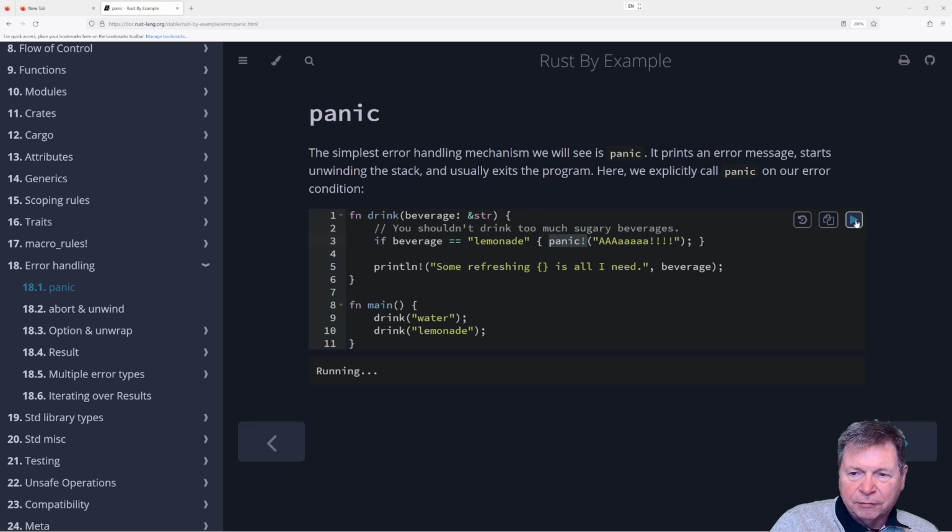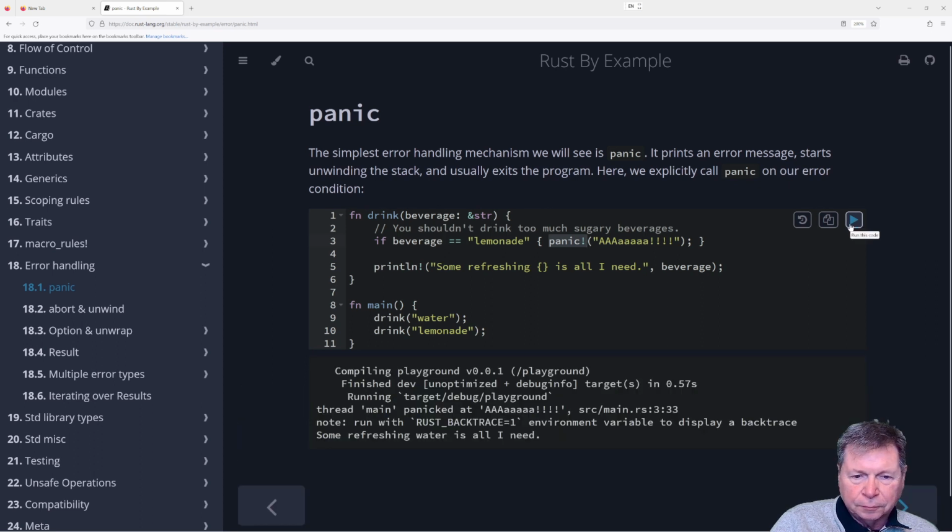Let's see what it does if we run this. Okay, finished dev, running playground, thread main panicked. Okay, some refreshing water is all I need. Oh, that's interesting.